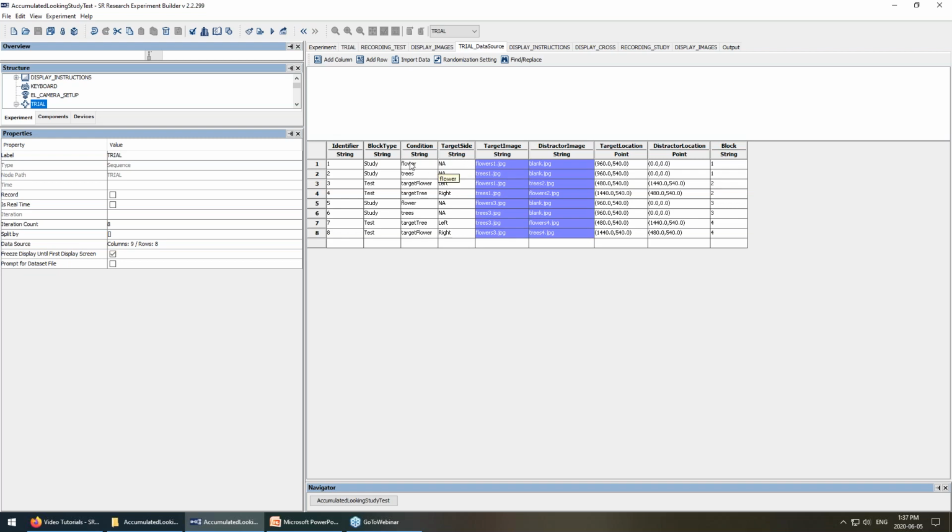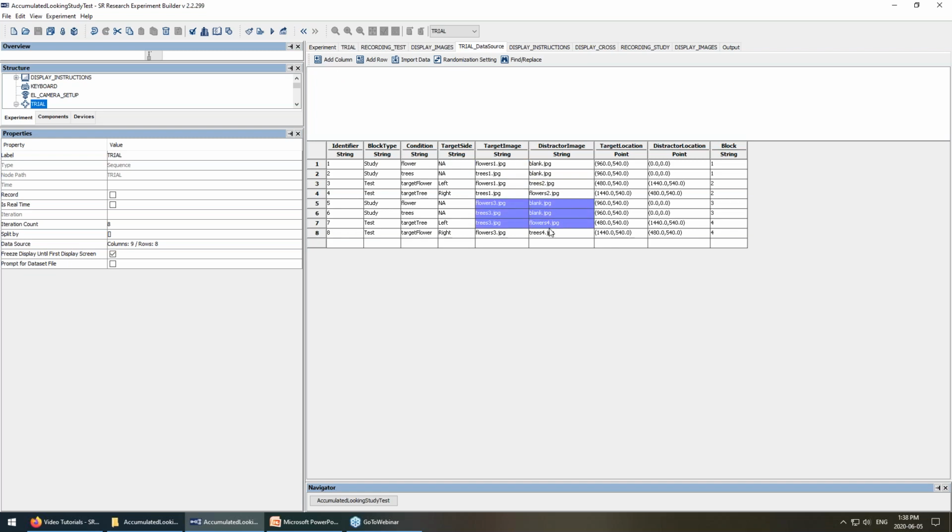And the idea is that in the study phase, they will study either a flower or a trees image on each trial, and so these will be like the old images for the test phase. And then in the test phase, on each trial, they will get one old image and one new image. And that old image, or the target image, will either be a flower or a tree. So you can see for this test trial here, the target image is trees 1, which indeed is one of the images that was studied, and the distractor image is flowers 2, which is not one of the images that